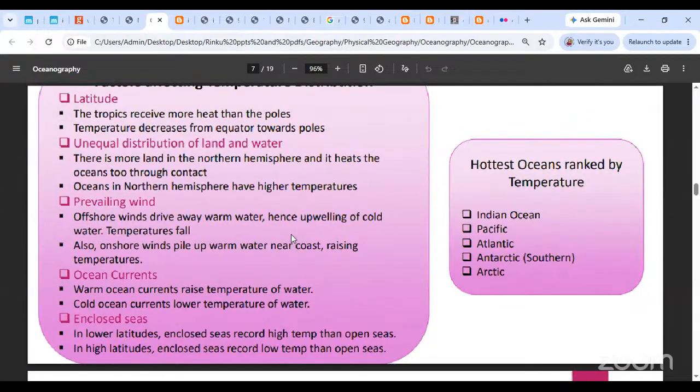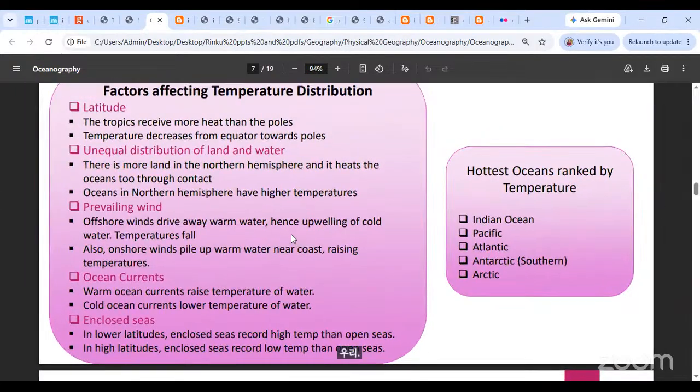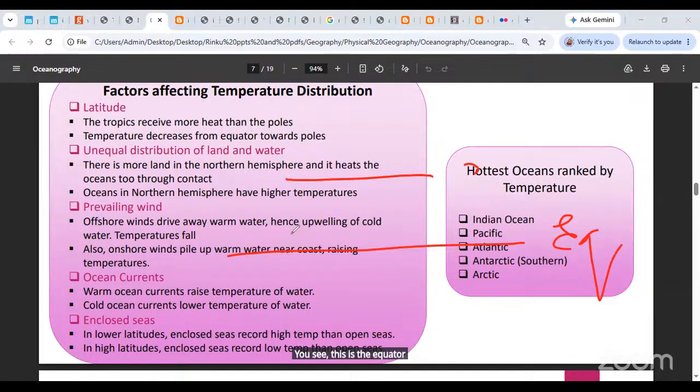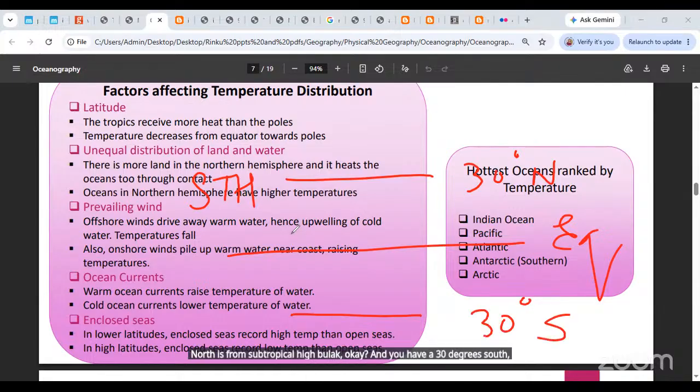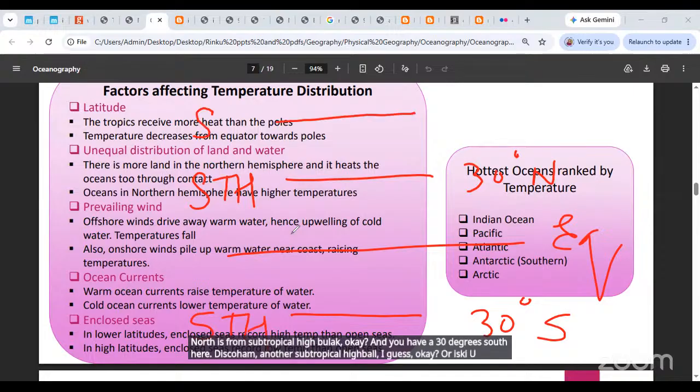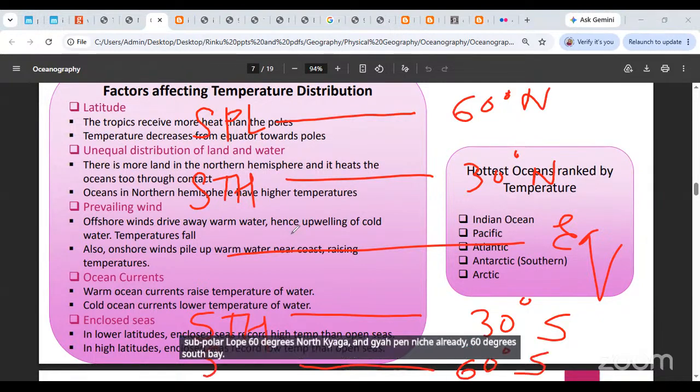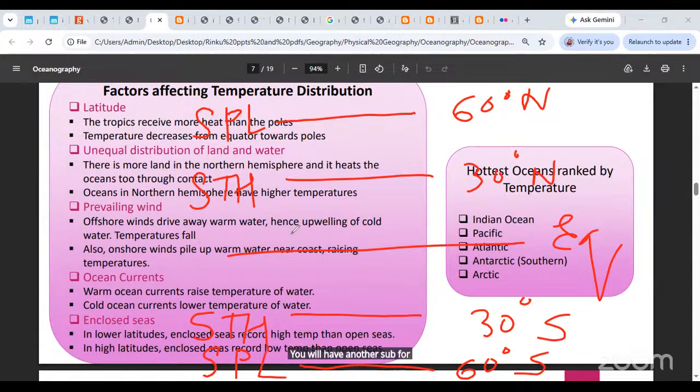Prevailing wind is one more thing. प्रिवेलिंग विंड माने आपके पास दो मेजर विंड्स होते हैं, एक ट्रेड विंड्स एंड दूसरा वेस्टर्लीज। अब ट्रेड विंड्स कहाँ से कहाँ ब्लो करते हैं? जैसे दिस इज द इक्वेटर एंड दिस इज 30 डिग्रीज नॉर्थ, इसको हम सब ट्रॉपिकल हाई बुलाएंगे। यहाँ पर 30 डिग्री साउथ है, जिसको हम अनदर सब ट्रॉपिकल हाई बुलाएंगे। और इसके ऊपर होगा आपका सब पोलर लो, जो 60 डिग्रीज नॉर्थ पे आएगा, एंड नीचे 60 डिग्री साउथ पे यू विल हैव अनदर सब पोलर लो।